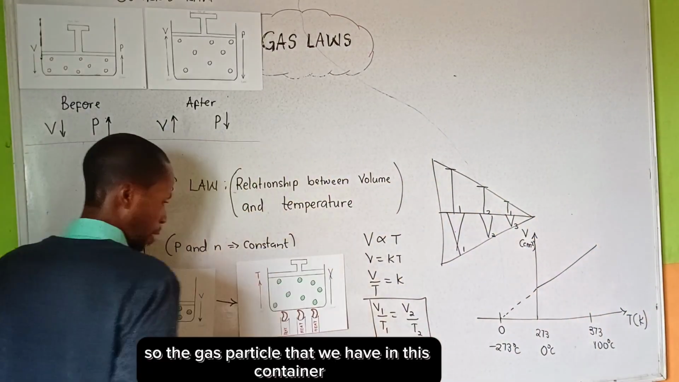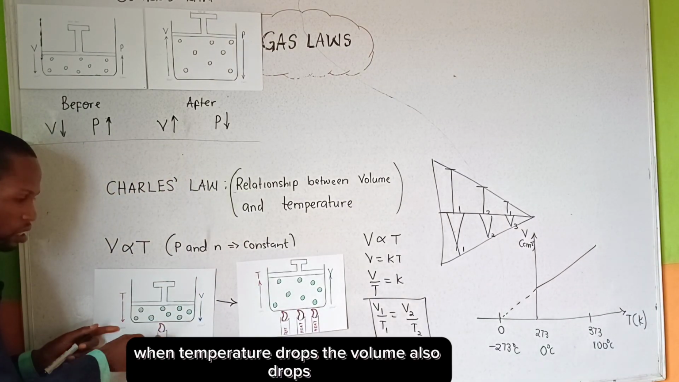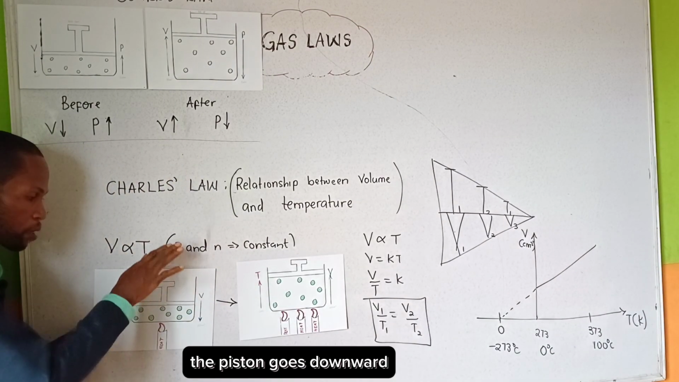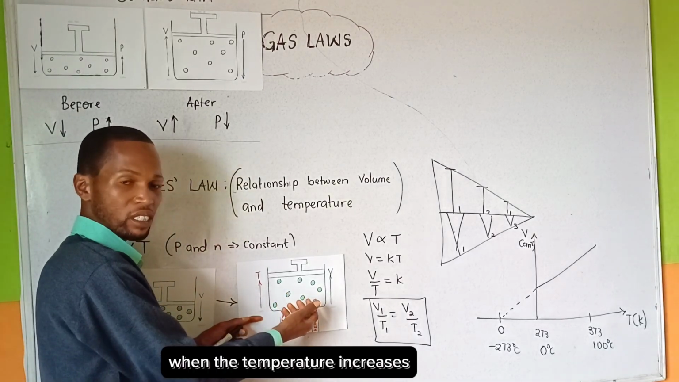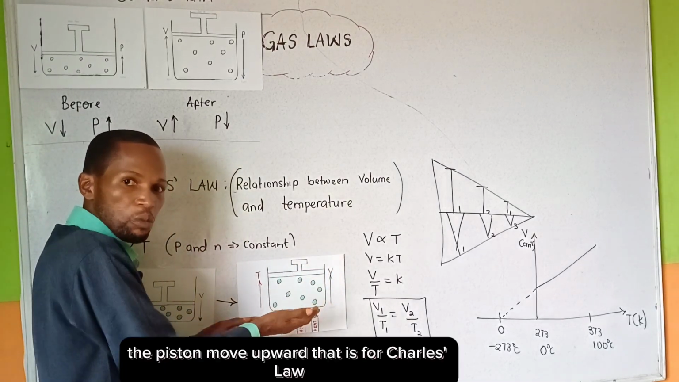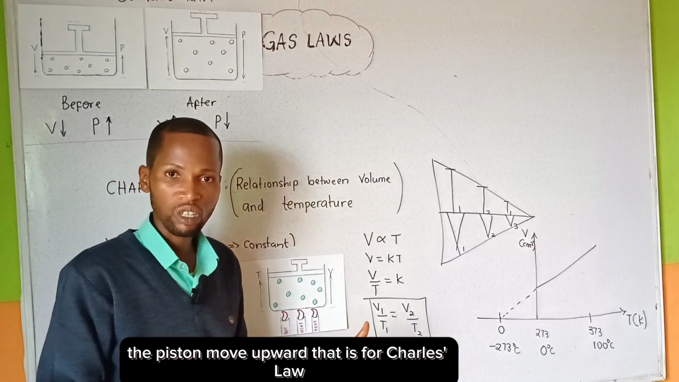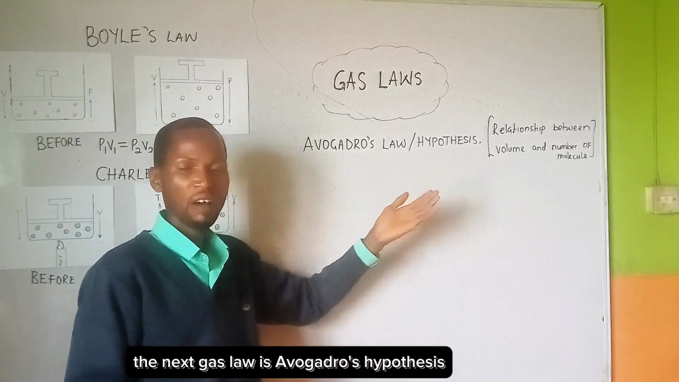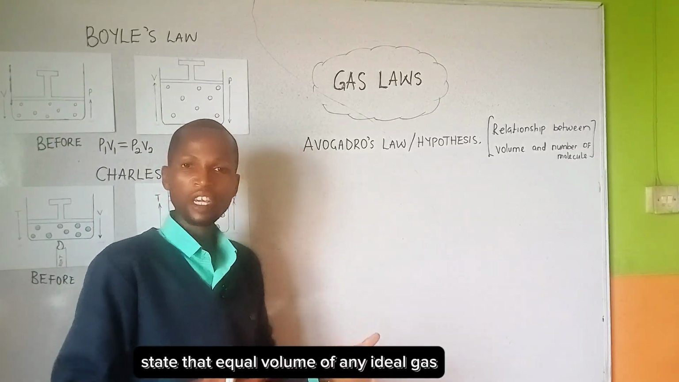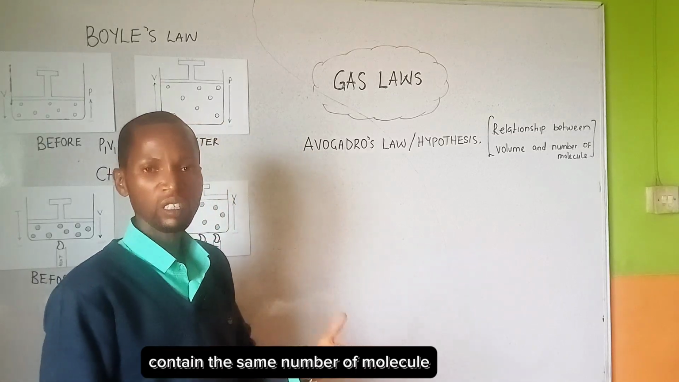So the gas particles that we have in this container, when temperature drops, the volume also drops. The piston goes downward. When the temperature increases, the volume tends to increase. The piston moves upward. That is for Charles' law. The next gas law is Avogadro's hypothesis. Avogadro's hypothesis states that equal volumes of any ideal gas at the same temperature and pressure contain the same number